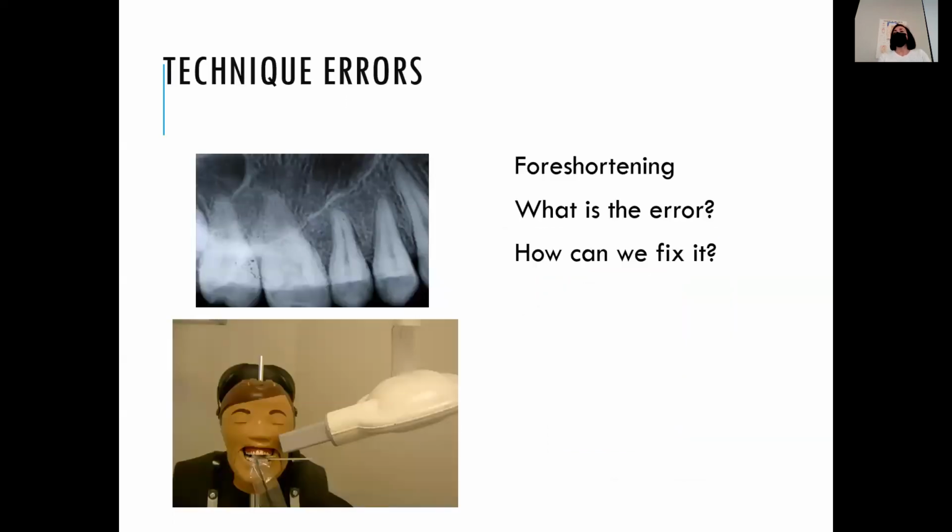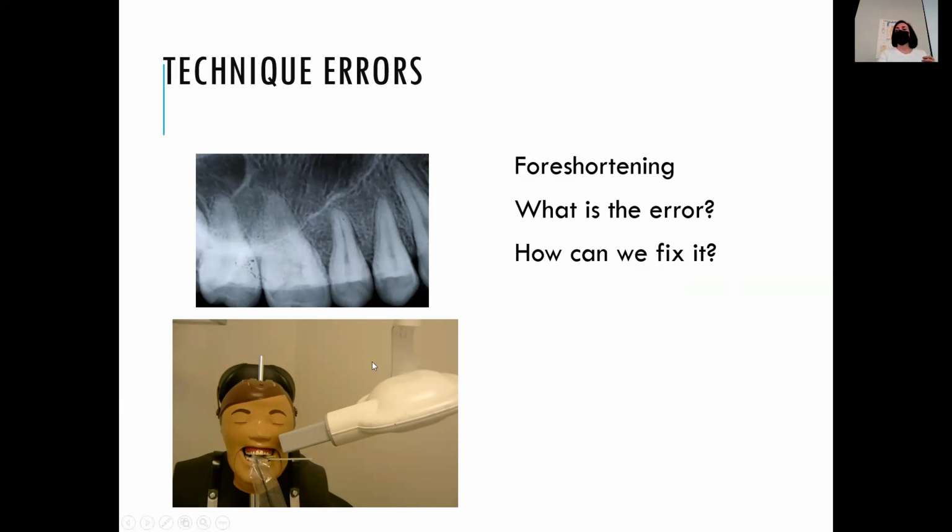And then foreshortening, what is the error and how can we fix it? I have a concept in my mind that I think paints a nice picture of what's happening with the beam, but I don't know if it's good to say it first. Basically what is happening is you're either too steep or you're too flat. And so you can see here with the foreshortening that